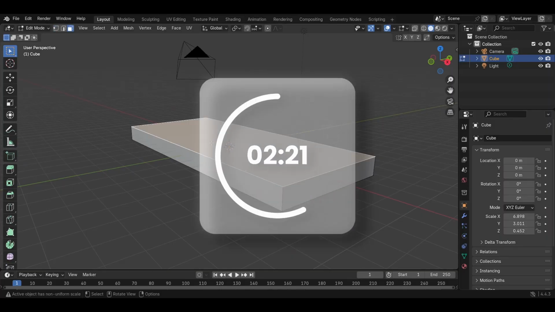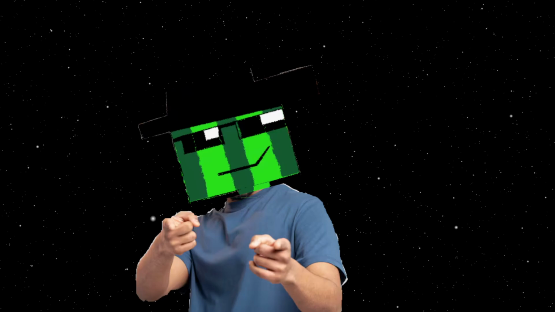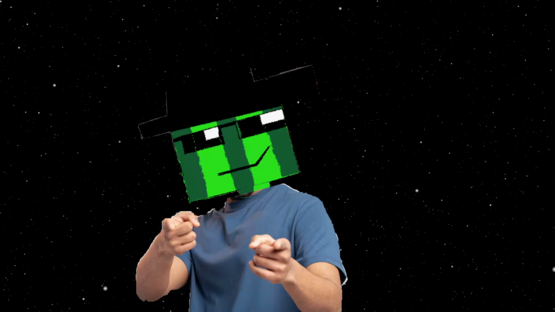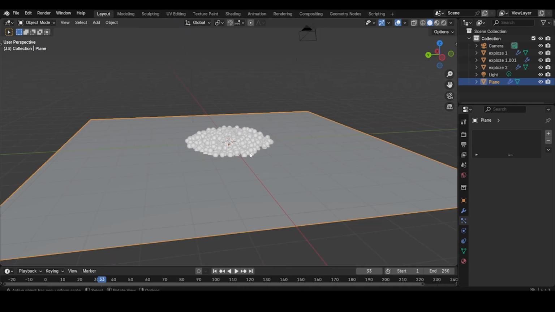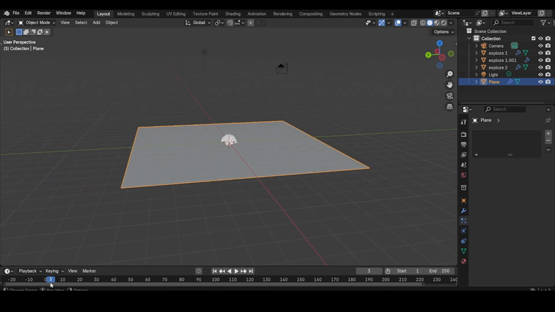After a quick render, we have pretty good results. So let's check it out. This explosion is so good, it's my personal favorite for this time. I cannot create something more realistic or a better explosion because 1 hour is a really short time for VFX. I cannot create something better, so